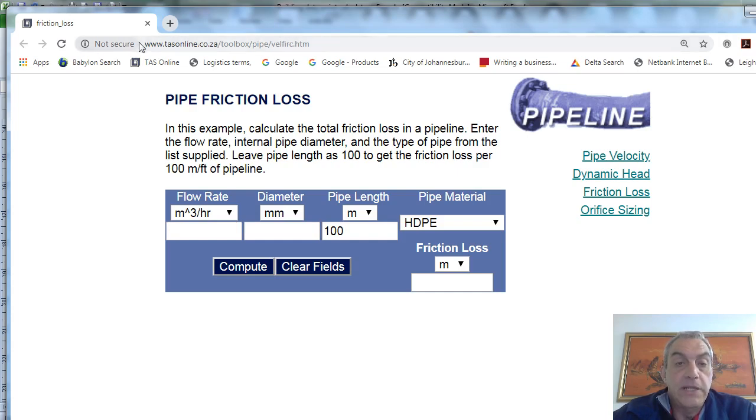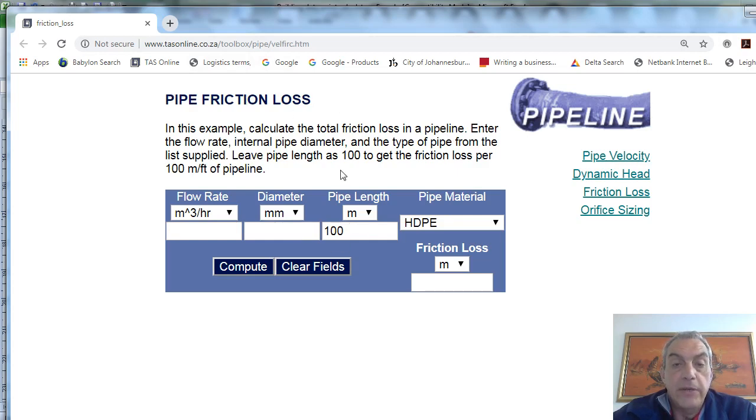If you copy it exactly as it is here, when you open it, it would open this section of the toolbox, and if you just go to the website itself without the toolbox, you'll see there are some fantastic calculators and stuff in this entire website. So what I've done here now is I just normally load up because I'm trying to calculate my pipe